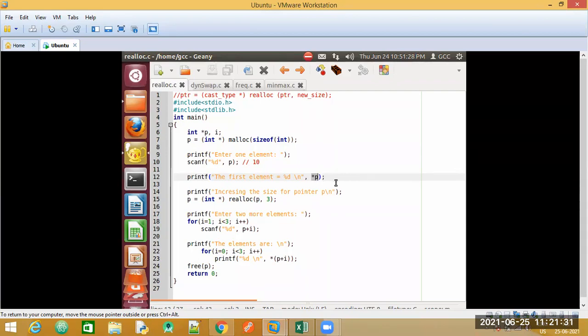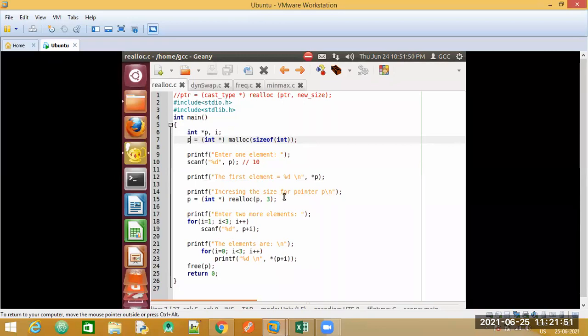Now the next set of statements are important. Observe line number 14. I have written a printf statement saying that we are increasing the size for the pointer p. Currently my pointer variable p has just a single block.